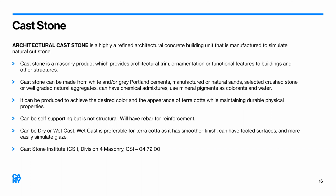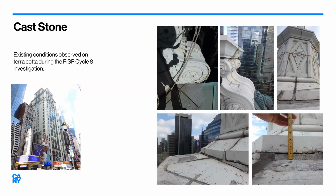Now I'm going to hand this to Alafia. She's going to show us a case study. Hello, everyone. I'm going to run through an example where cast stone was substituted for terracotta in a recent Canny